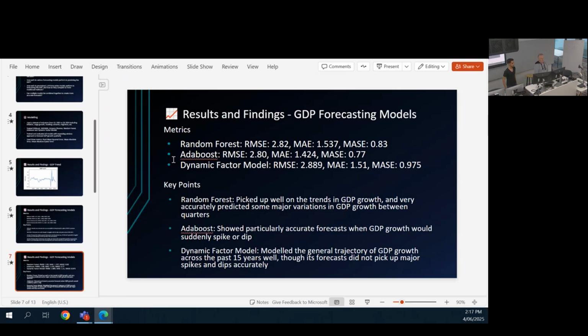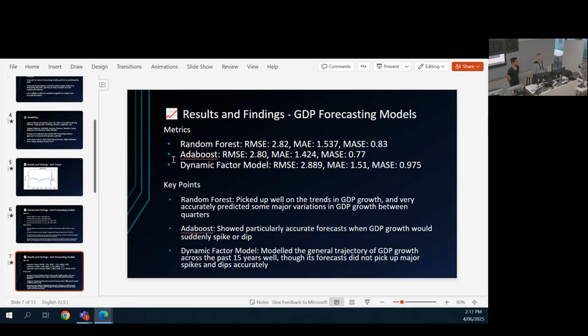Good afternoon. My name is Vladimir, and I'm going to talk about 3 models that we played with: Random Forest, AdaBoost, and dynamic factor. Comparing performance of those 3 models, Random Forest and AdaBoost actually were the best ones, and they worked much better than a naive model that we compared with. And of course, we did some feature selection and feature engineering because those models were not working successfully with just taking all features, but we had to select a few features, and they work pretty well on them.